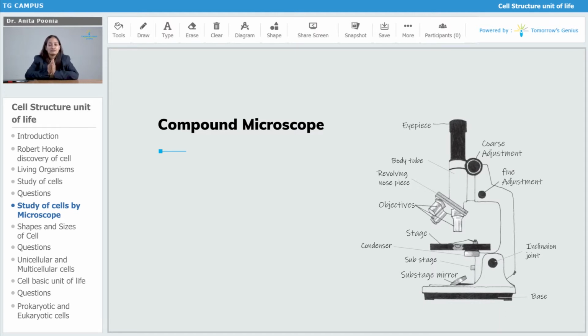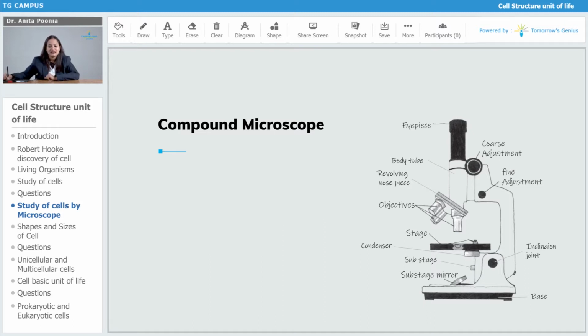Now in front of you is a diagrammatic image of a compound microscope. Here we will try to understand each and every part present in the compound microscope, and how things are set up and aligned that allow us to observe. First the lenses magnify that image, and we are able to observe that object with our eye, right? So let us see each of the things that are there.